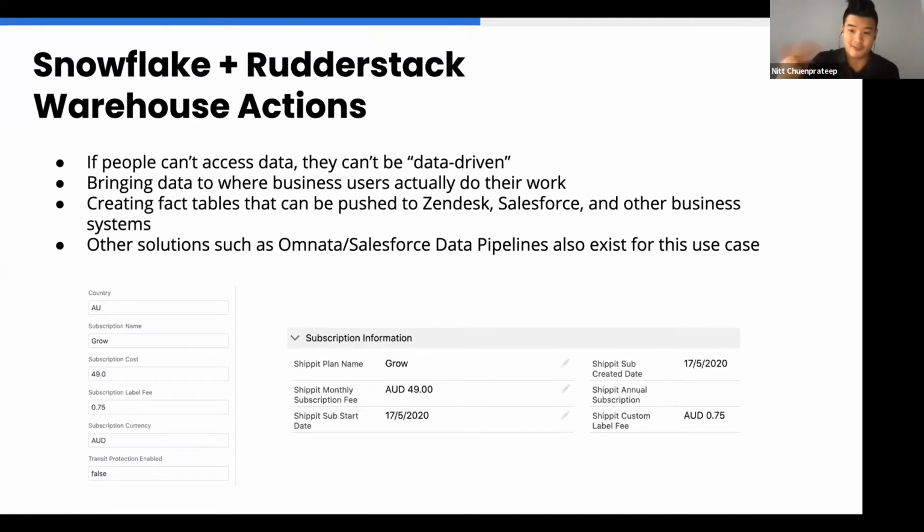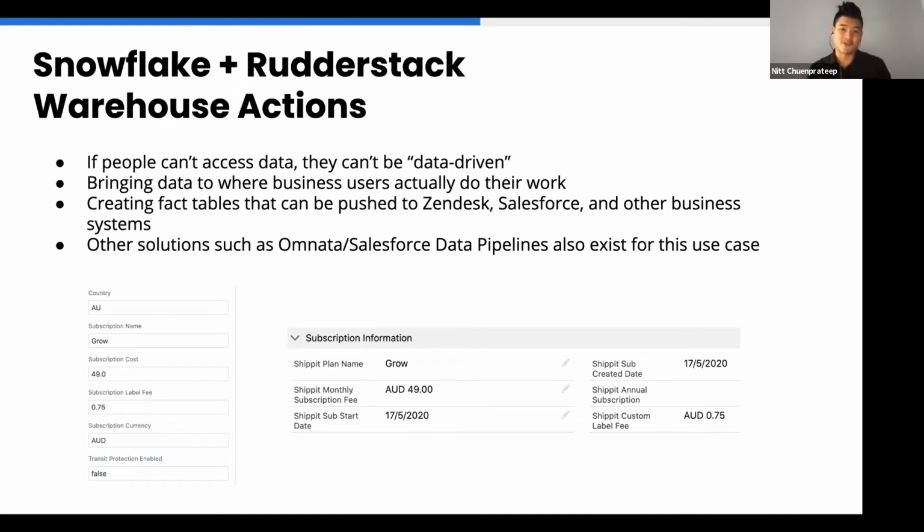When there's an update in this warehouse, or when I trigger DBT to update these fields, I can then have that pushed using RudderStack to each of the business systems. So we've implemented this with Zendesk, which has worked pretty well. And we've implemented this with Intercom, which has worked pretty well.